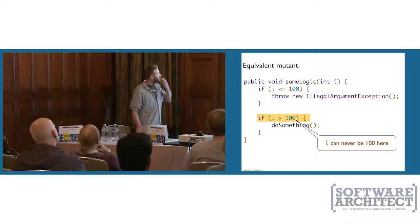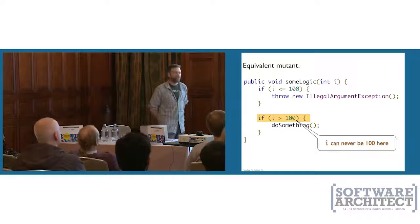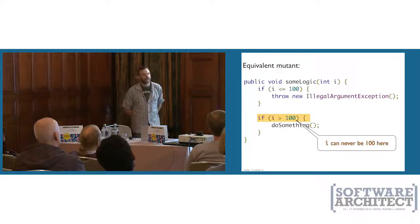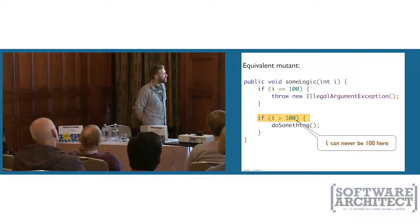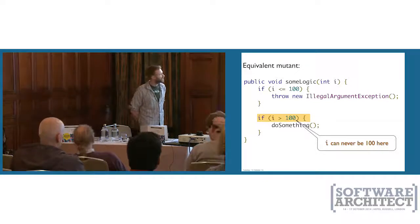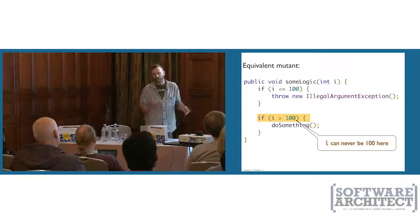So this is a different class. It's got 2 if statements, so it's a lot more complicated than the previous class. It basically checks i for being less than or equal to, or greater than or equal to, 100. If it's less than or equal to 100, it throws an illegal argument exception. But if it's greater than or equal to 100, it should do something. Now obviously we can write this code better,